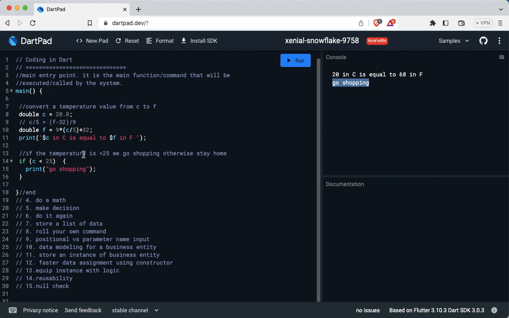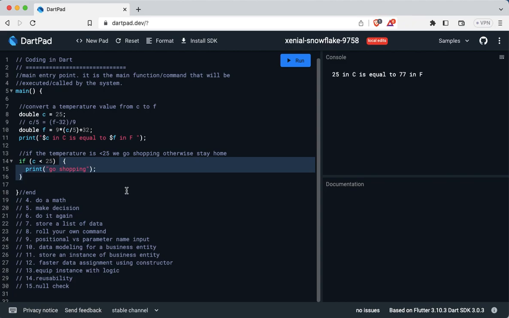Now let's say that I want to exercise the program so that this is not true anymore. If this is not true, it means that the C value should be greater than or equal to 25, right? So for example, if I put this to be 25, which is not less than 25 anymore, then the program is not supposed to print this message. Now let's take a look. Okay, here we go. So now we have exercised that if this is not true, then this one will not be there for you. Now this is going to be a problem because we want to exercise both ways,